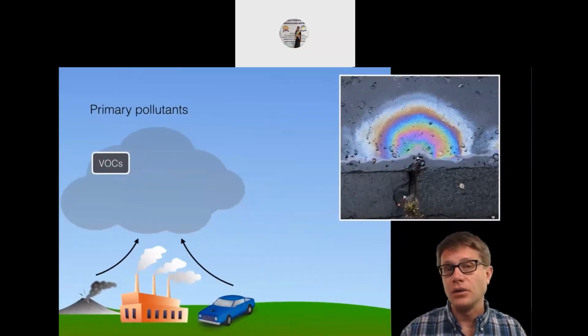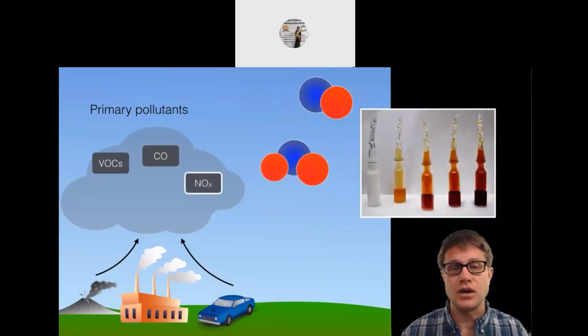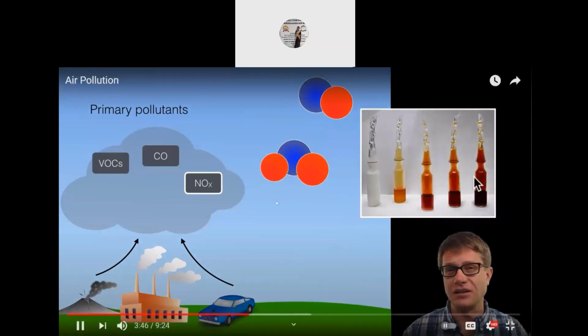And so let's go through those primary pollutants again. We've got VOCs, which are volatile organic compounds. An example could be this gasoline that's evaporating into the environment, formaldehyde. If you smell a pine tree, those are VOCs, or organic compounds that are coming off and can lead to things like smog. We've got carbon monoxide, which is produced naturally through photochemical sources, but also can be produced through combustion. All of these sources produce carbon monoxide. We then have NOx, which is going to be nitrogen or nitric oxide, and then nitrogen dioxide. It's this brown gas that contributes to that color that you see in smog.